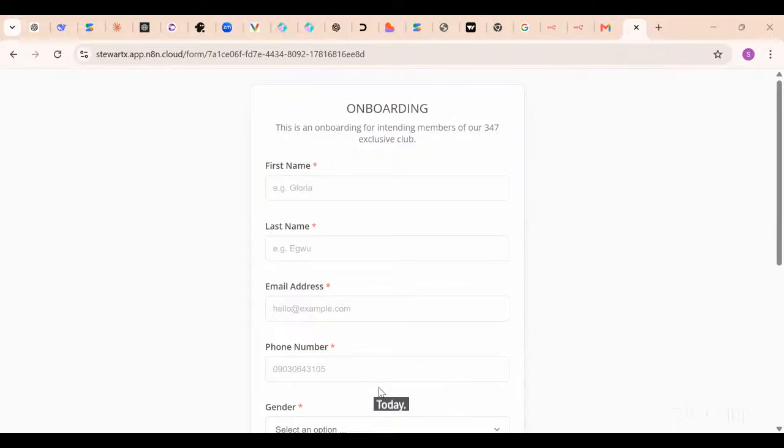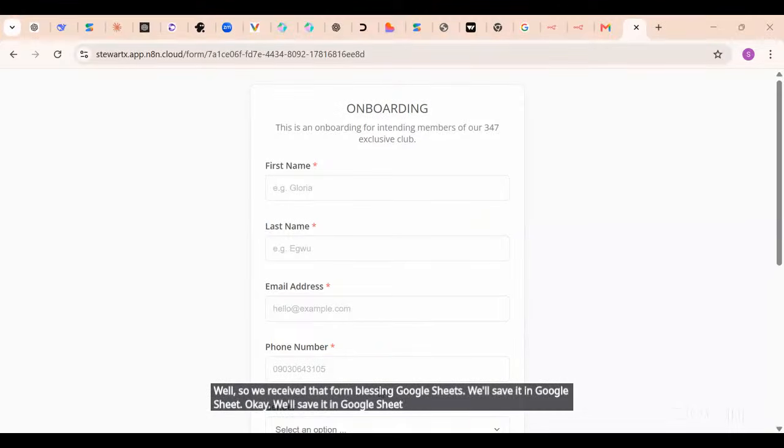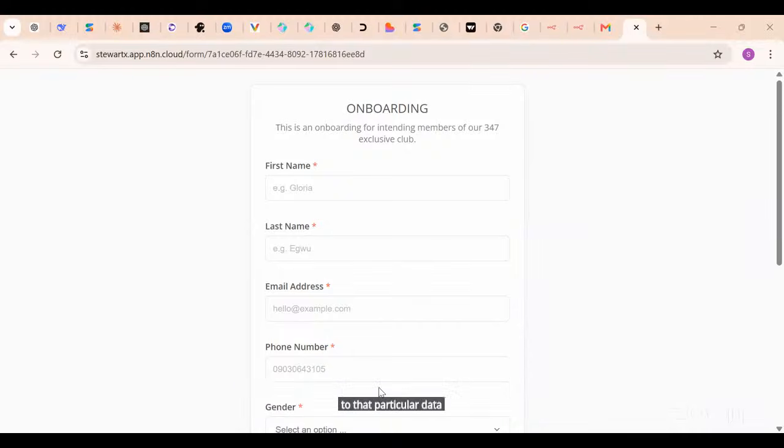Today this is what we're going to do. We're going to create a form. We create the form, we send an email, for example, and then we save that form, let's say in Google Sheet, so that we can have access to that particular data. I'll say that again. We'll save it in Google Sheet so that we'll be able to